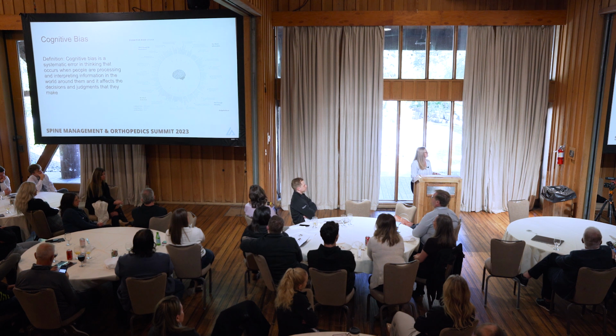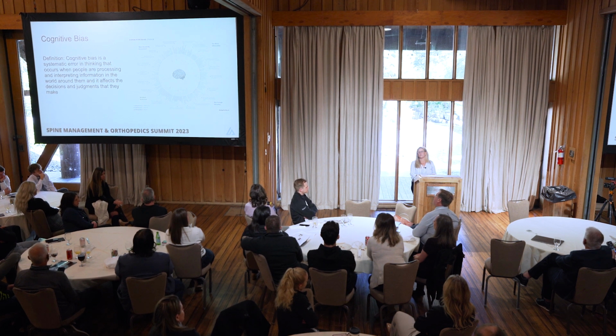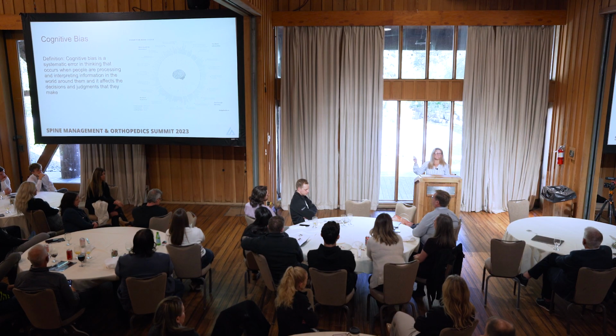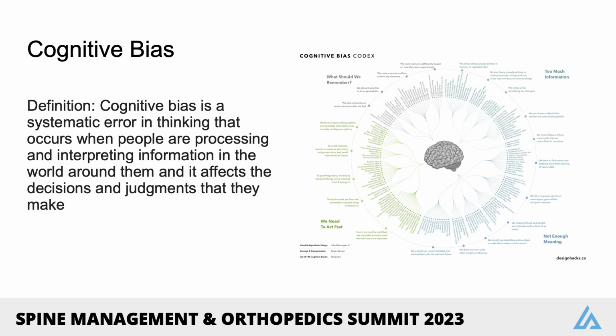So I think it's also interesting to note that cognitive bias is not the same thing as a logical fallacy. A logical fallacy stems from an error in logical argument, whereas a cognitive bias is rooted in thought processing errors, often arising from problems in areas such as attention, attribution, memory, and other mental mistakes. So my husband was like, that's a terrible graphic. The point of that graphic is to show you that there are more than 100 cognitive biases.